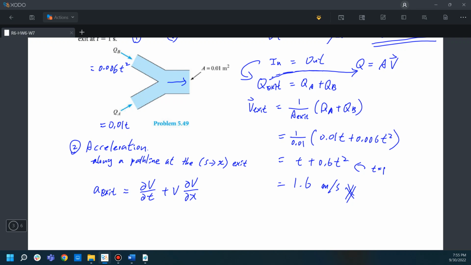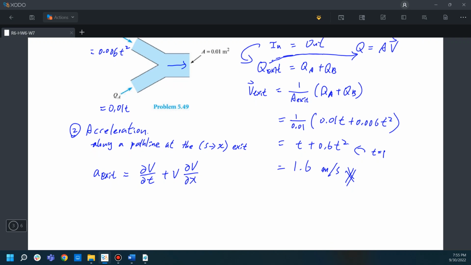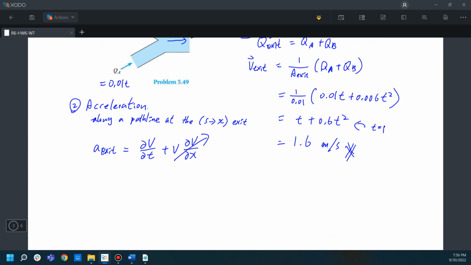Because we want to solve the acceleration along the path line, which we define as the direction of x, and according to this question, the velocity only varies with time, but not with the position, because one of the reasons is that it's incompressible, so we can delete these parts and only look at the local